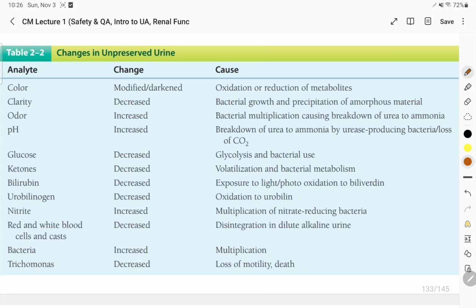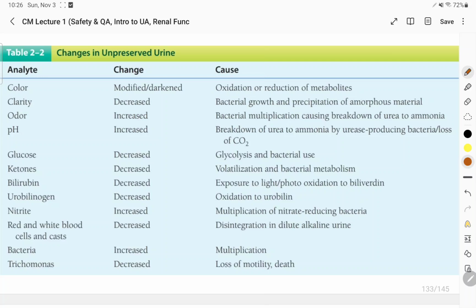pH will increase, so it becomes alkaline, because again your urea will be converted to ammonia by your urease-producing bacteria, and also because of the loss of your carbon dioxide. Glucose will decrease because your bacteria use it up, or glycolysis will happen. Ketones will decrease because ketones are volatile substances, so they will undergo volatilization, and also some bacteria will metabolize